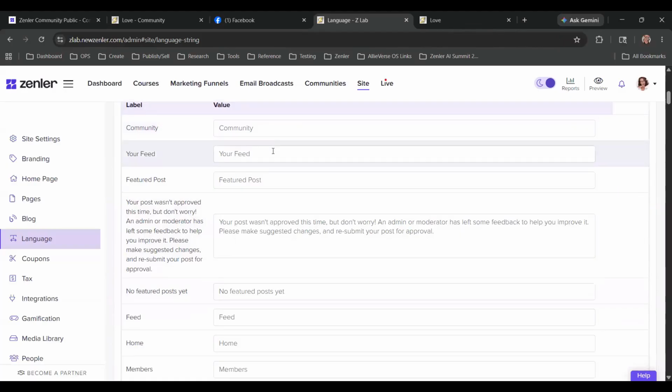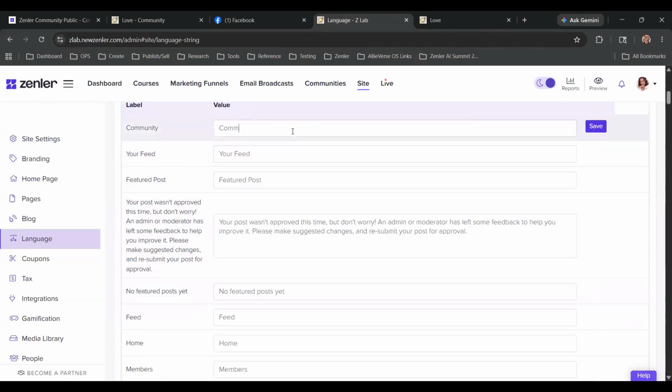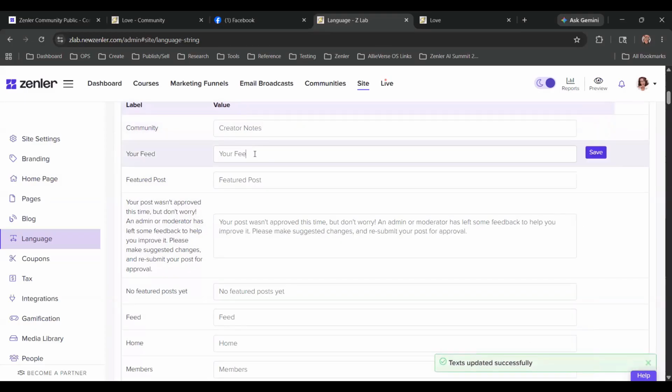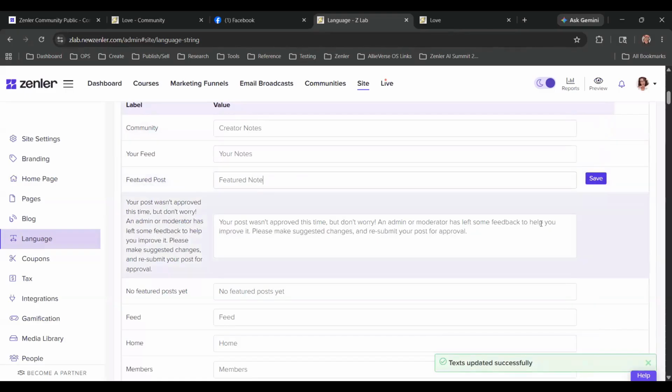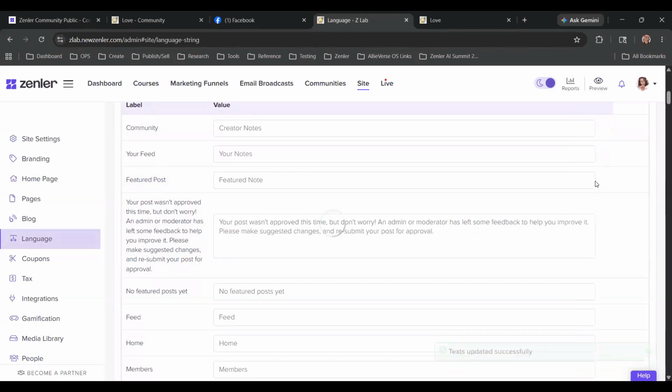Yeah. See, so this says feed, and in mine, my community isn't called a community. I changed the name of it to creator notes, right? So my community is creator notes. And I don't have a feed. There's no your feed, it's your notes instead. And featured post is not featured post, it's featured note, right? I'm doing the best that I can with my ability to change the language on my site